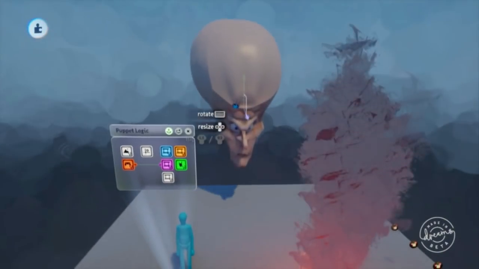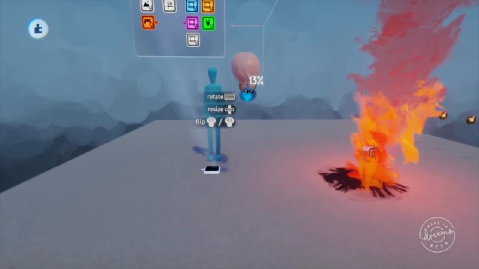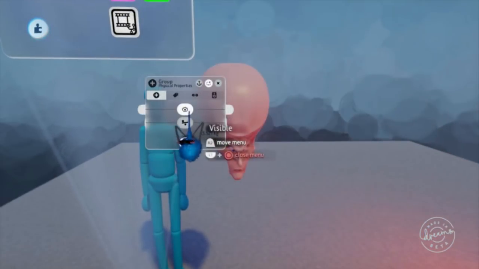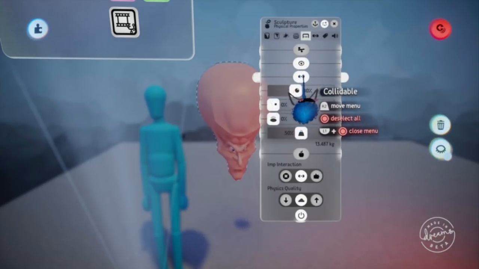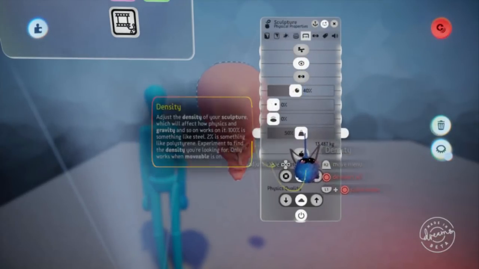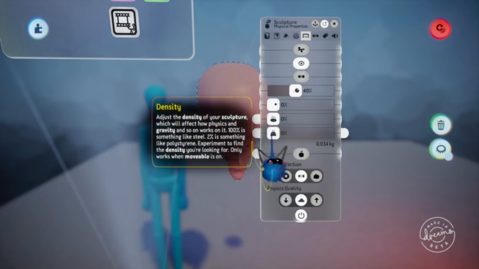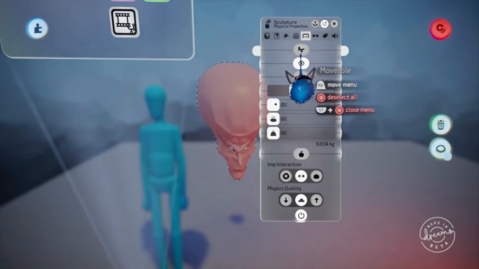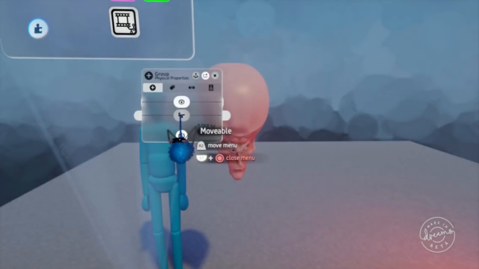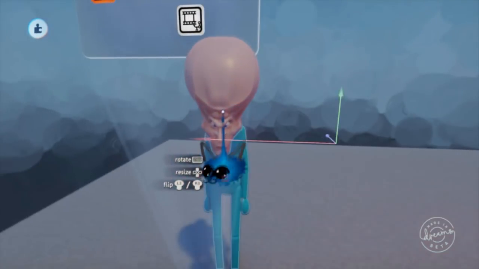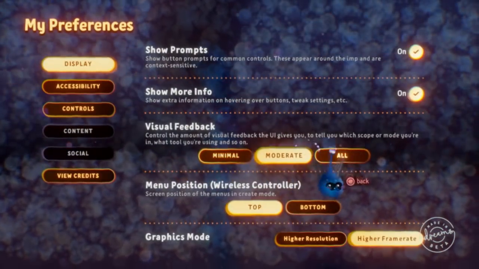is, first of all, we got to size him down a bit. And also, you need to make sure everything in your sculpt does not collide. And also, you don't really need to do this, but I like to. And you want to set it to have 0% density, and make sure it's not movable. Not movable. That's important. Same with your group, if you have an int group. And what we're going to do, here I'll turn on visual feedback,